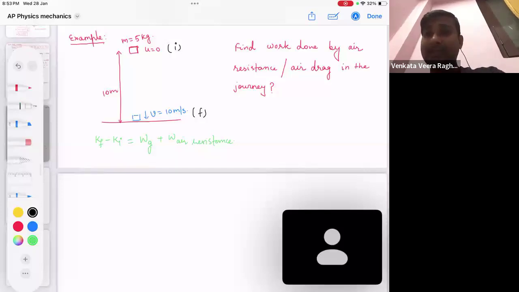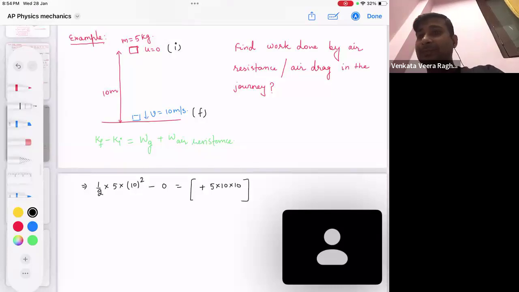Now let's put the values. Final kinetic energy, half, mass is 5 kg, final velocity is 10 root 2, minus initial kinetic energy, 0, equals work done by gravity. Is the work done by gravity positive or negative? The body is coming down, so the work done by gravity will be positive. So plus, how much plus? m g h,